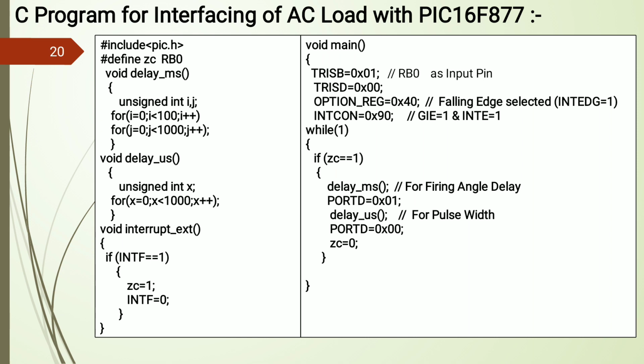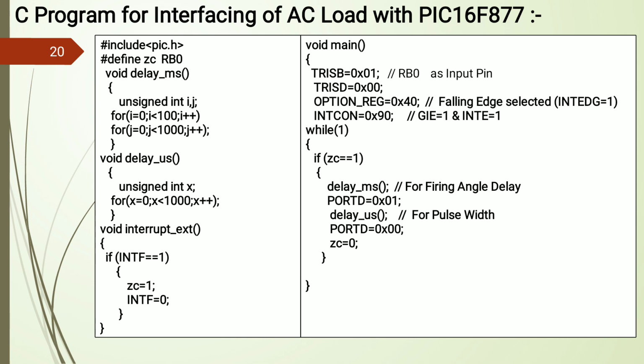First is #include, which consists of the PIC header library and header files. After that, ZC is related to the zero crossing detection, and which is connected at RB0. So here the RB0 pin acts as an input pin, so we need to define it as an input pin from port B. So the first pin of port B is defined as an input pin, and here the individual pin is defined or marked as ZC.